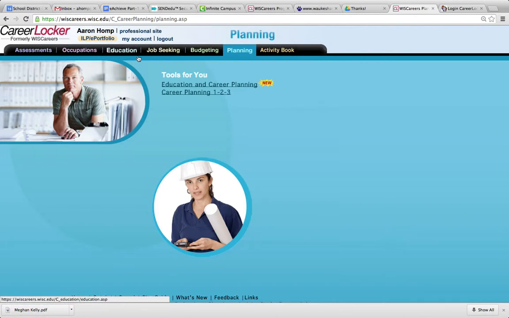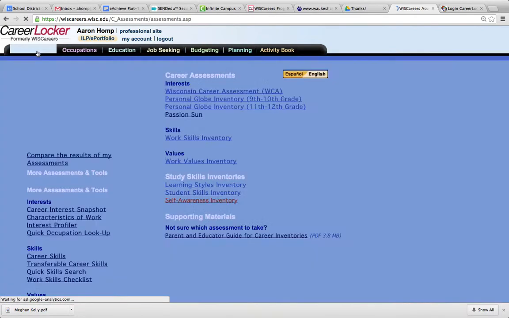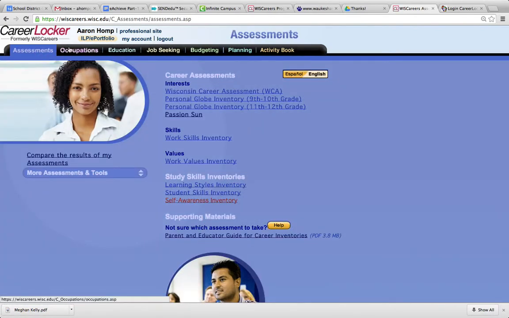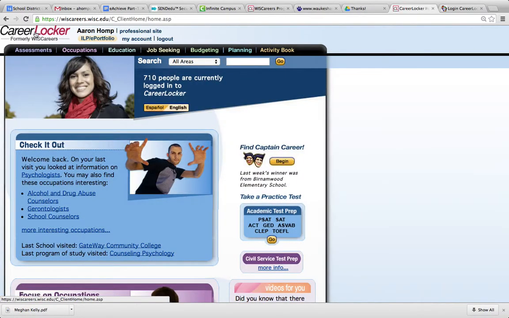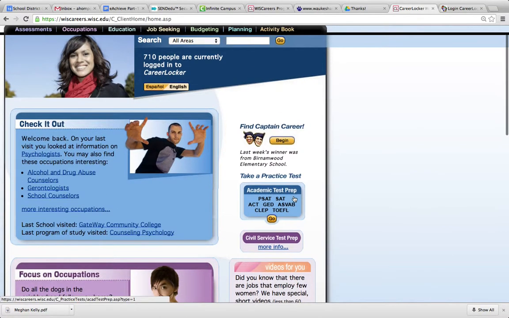Because we don't have time to go in depth with all of these, we'll stick to the tabs that we looked at so far. But we encourage you to play around on this site. One other quick thing I want to show, if we go back to the home page, I just clicked Career Locker here. This is kind of an easy to miss section, but a really important section that I want to point out. The ACT